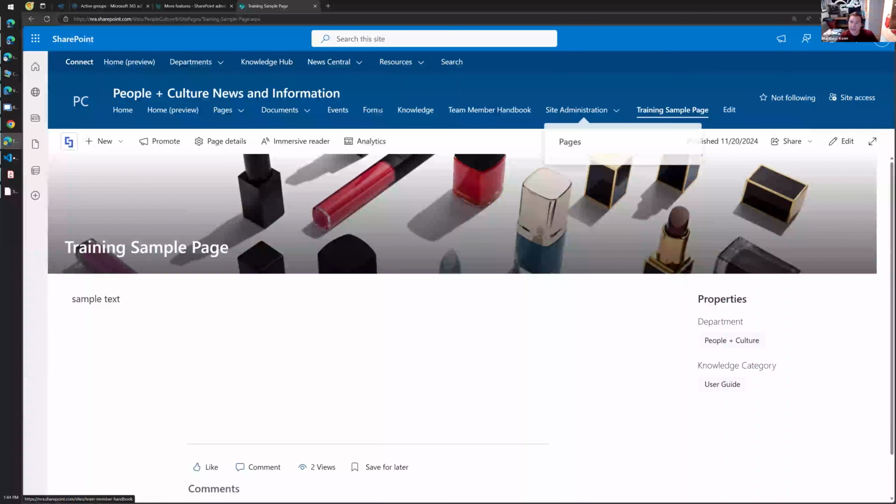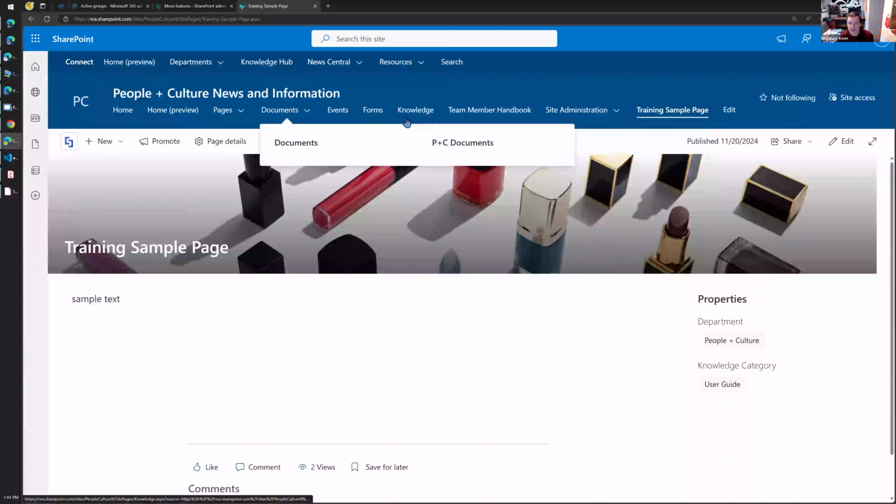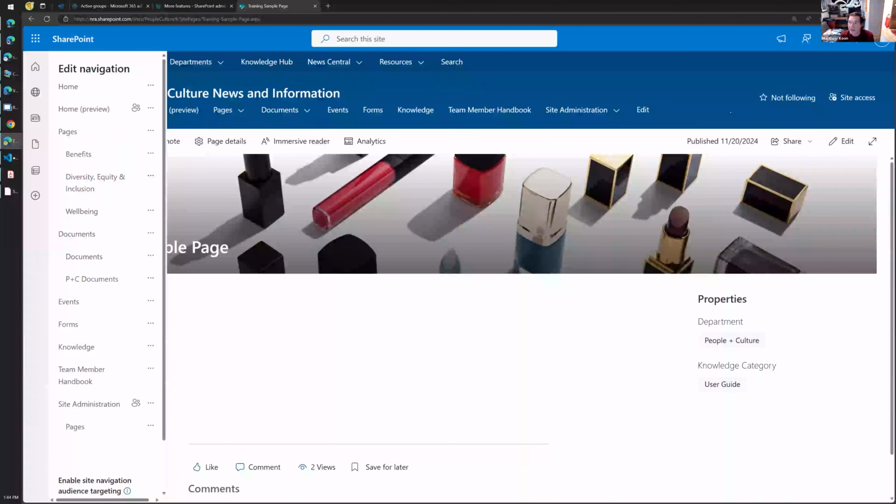The top level is sort of like sections of our site. The document library drop down has 2 different libraries. So pages is probably where I would put that. So I edit that menu, and I'm just going to drag